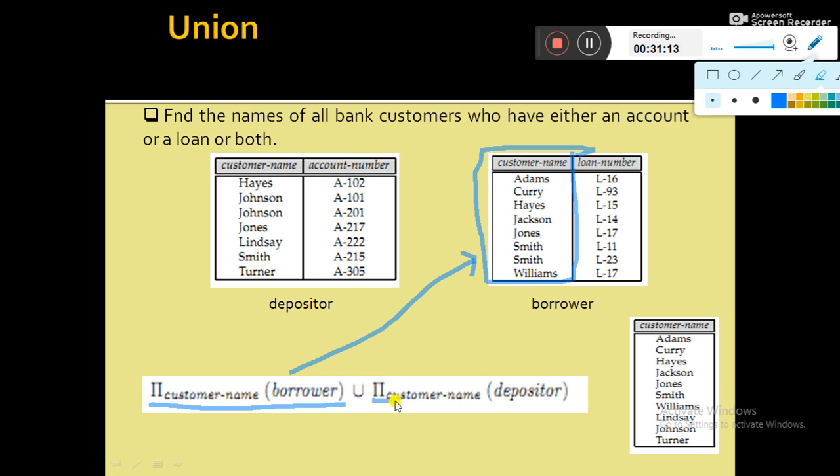And if you execute the projection operation on the depositor relation and customer name, it will select only this part.